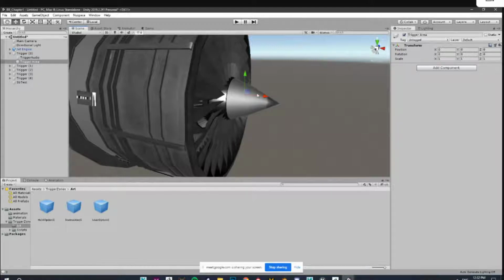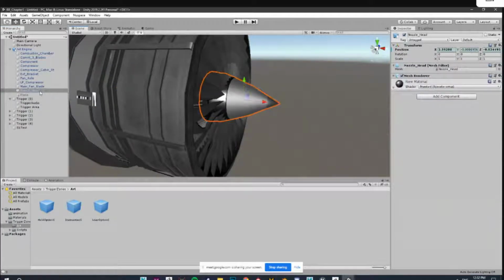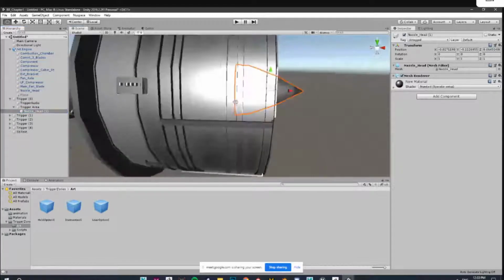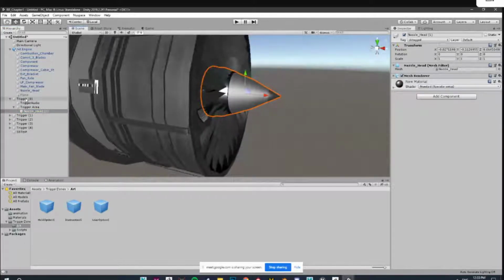Or let's say that highlight component has to be under trigger area. For us, this particular object is the one which has to get highlighted. So we'll press Control D and move it inside the trigger area. So now this is our clickable object. This trigger area, this nozzle head, is our clickable object.